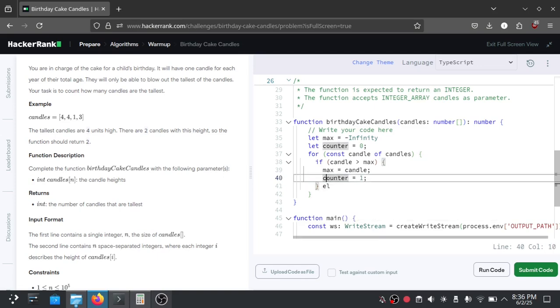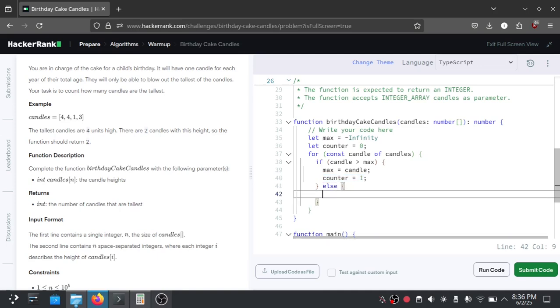So if it turns out we found a higher value than in the previous iterations, then we reset the counter to 1 from the start again.